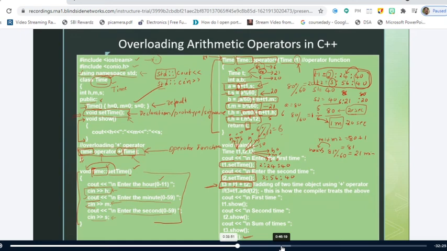Are T1 and T2 built-in data types or user-defined data types? User-defined data type, sir. T1 and T2 are the objects of time, which is a user-defined data type, which is called a class. So I am adding 2 user-defined data types with the operator plus, right? So this is what operator overloading is.